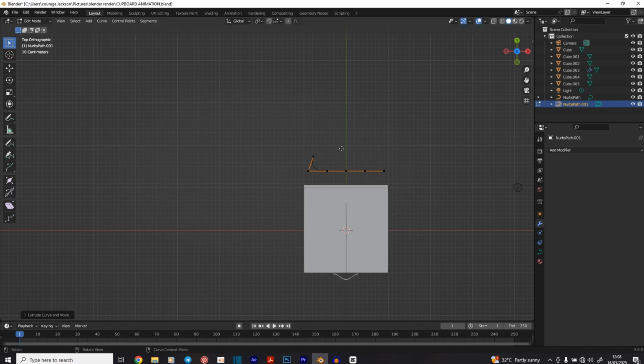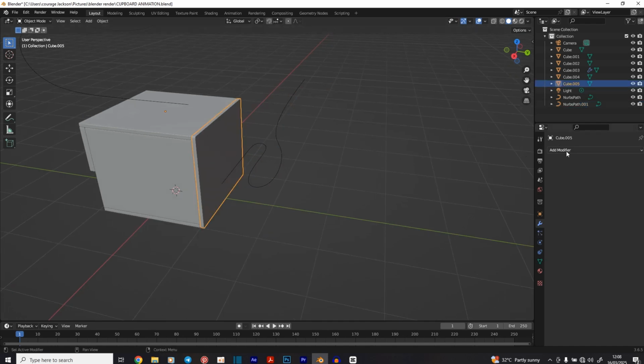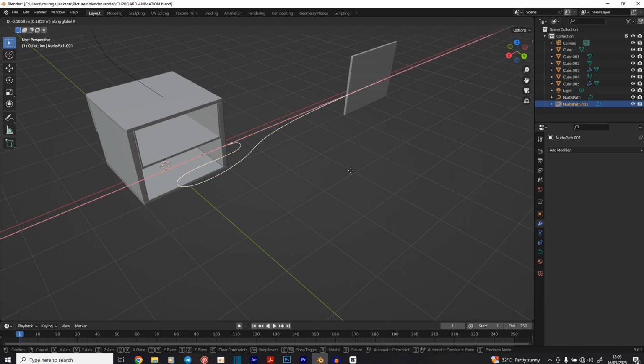Extrude, E again, E, and just Control S. So let's see what we have for this particular one. I'm going to go to add modifier, curve. While this cube here is selected, you select this, and we're done. So if we move this now, GX,